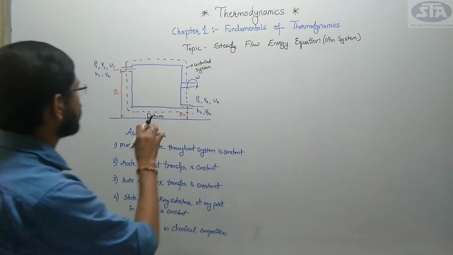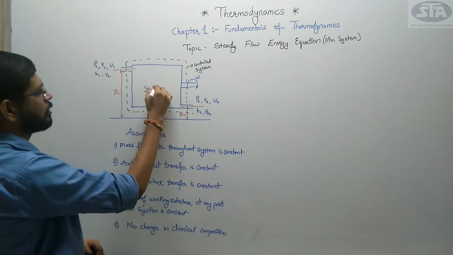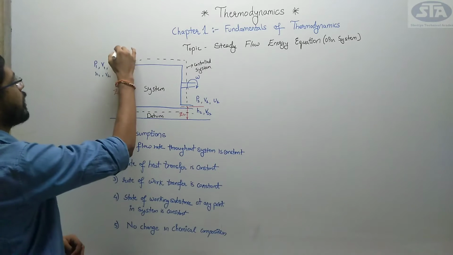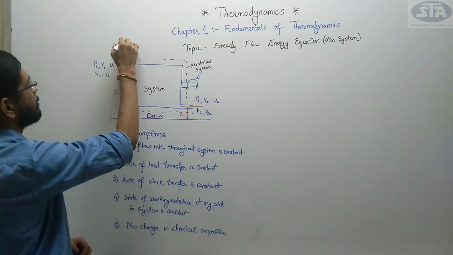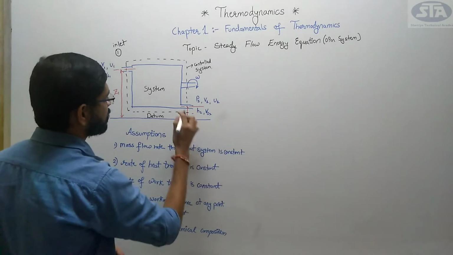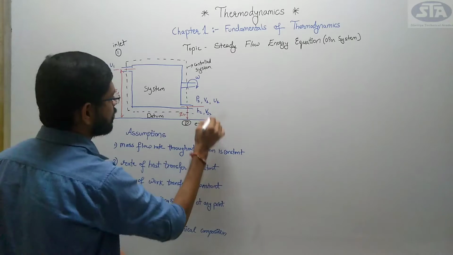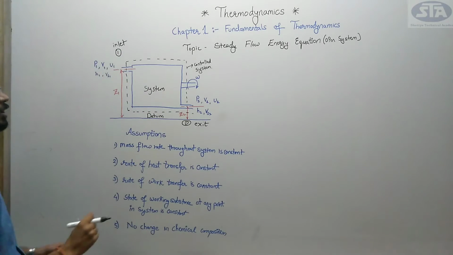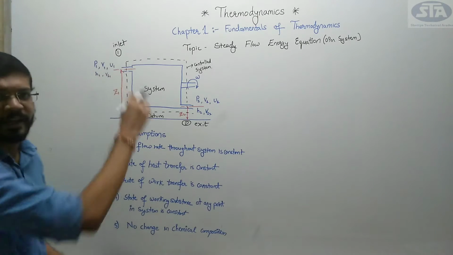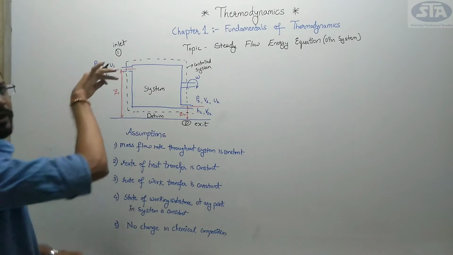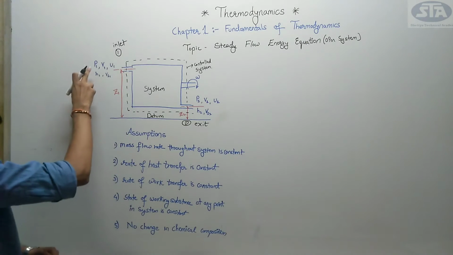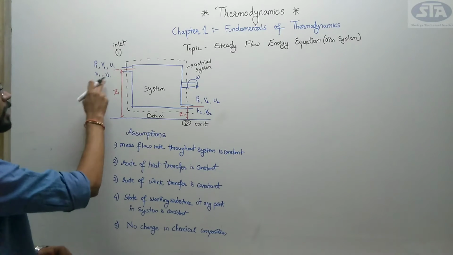Here what I have drawn is one system, right? One system I have drawn where there are 2 points. One is my inlet point, and another, this point 2 here, is my second exit point, right? One is inlet, one is exit. So in the system I am considering pressure, velocity, internal energy, enthalpy all entering into the system. As these are entering at point 1, I have noted here P1, V1, U1, H1 and Vs1.